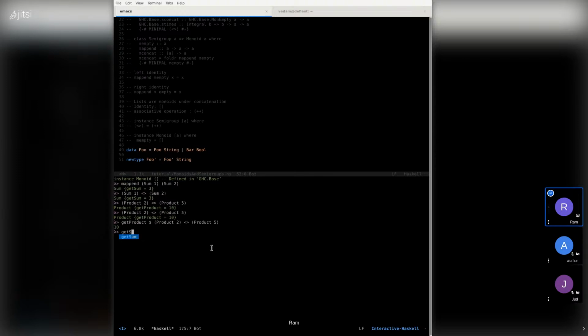The same thing applies with getSum. It can be used the same way. We can grab, say, Sum 1 plus Sum 2, and we can get the actual value from it. I thought that was pretty neat too.